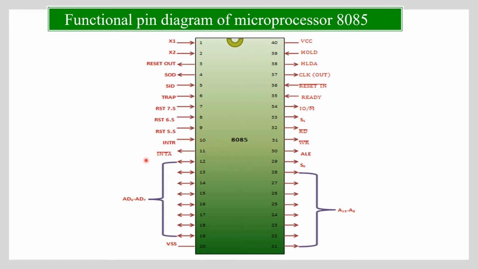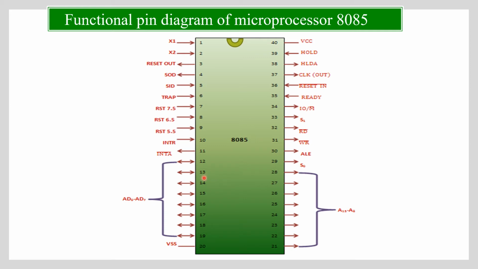Okay. So X1 and X2 have 2 neighbours. They are INTR and INTA. INTR and INTA are their neighbours. Both are husband and wife. INTR is the husband and INTA is the wife. So INTR and INTA are husband and wife. They are the neighbours of X1 and X2. They have 8 children.